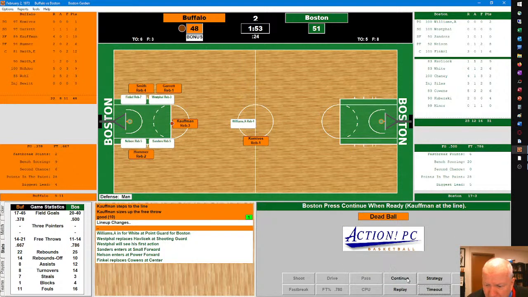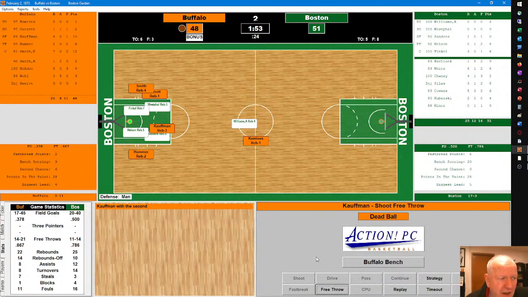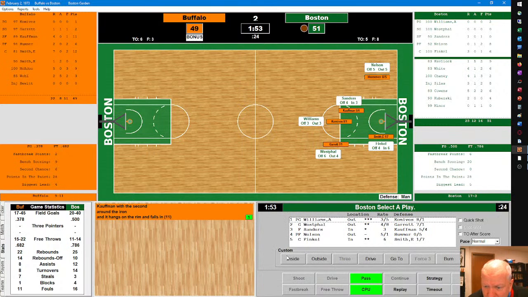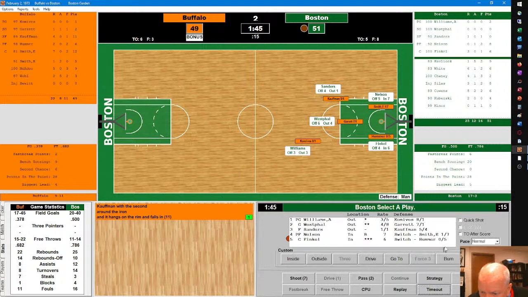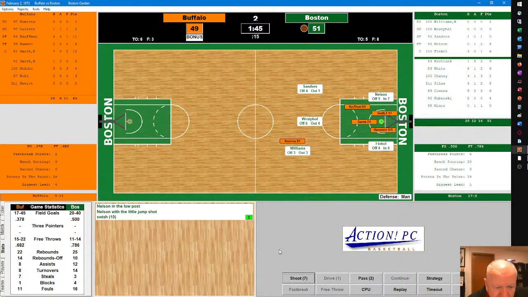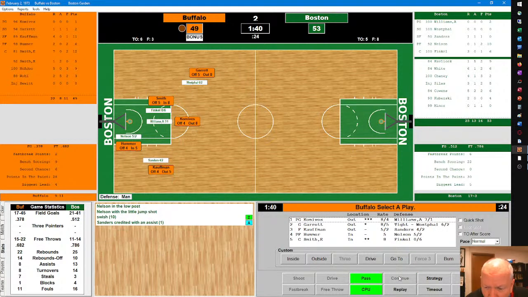So it is Kaufman preparing to take the second free throw here. He connects on that one, and it's a 2-point game. 51-49. Boston with the lead in the basketball, just under 2 minutes before halftime. Art Williams now running the offense. Sends it inside to Nelson. Nelson's picked up by Elmore Smith on the switch, but Nelson still manages to get the jump shot off and scores it. 10 points off the bench for Don Nelson. He is the man for the Celtics here tonight. Boston is up on top by 4.